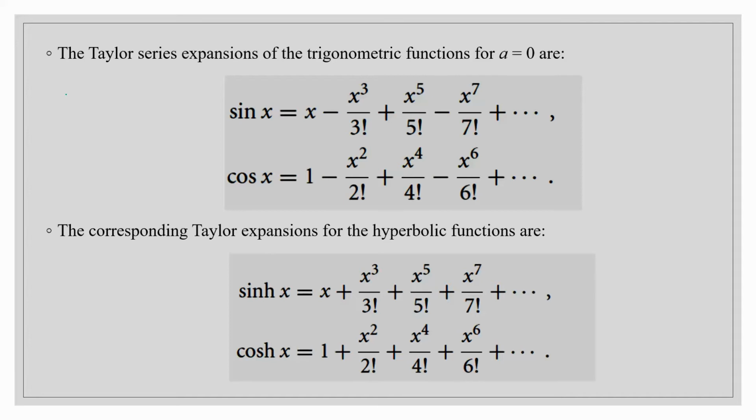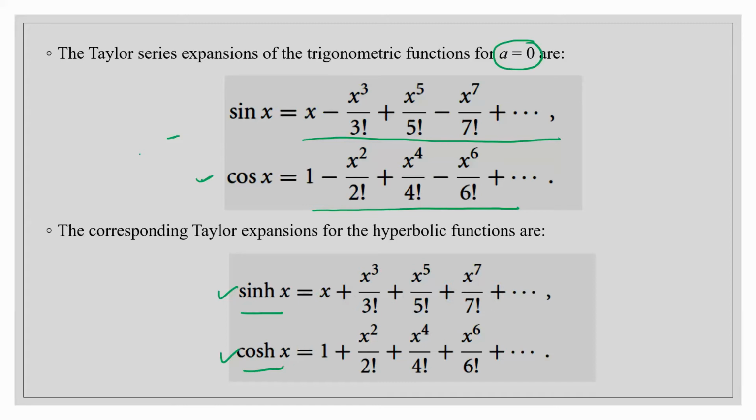Now we will see some Taylor series of sine and cosine functions, and these are the Taylor series of sine hyperbolic and cos hyperbolic. It is very easy to calculate this Taylor series around a is equal to 0. This is in fact called the Maclaurin series. If we produce the series around a is equal to 0, this type of series is called a Maclaurin series. So you can see how the trigonometric functions can be approximated by these algebraic series. And similarly sine hyperbolic and cos hyperbolic can be expanded or approximated using this infinite series.